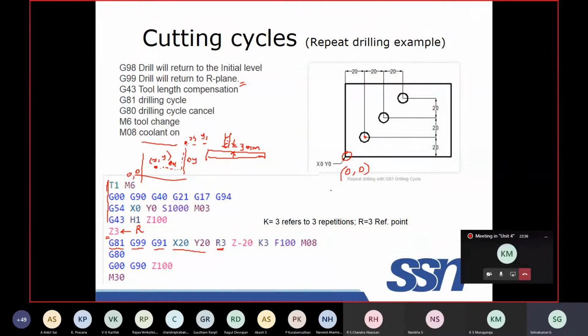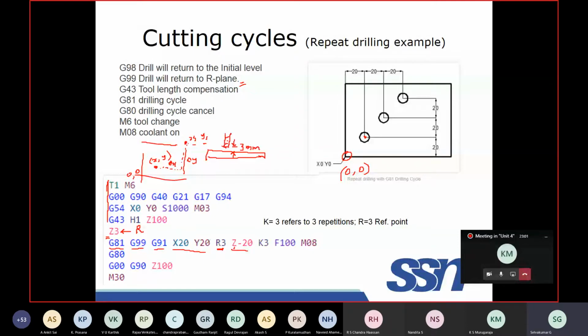From this, if you define x equal to 20, y equal to 20, the tool will go exactly to this location. The tool moves to this xy coordinate, and the distance from the workpiece surface is 3 mm. Once it has reached this place, I give the depth of cut.